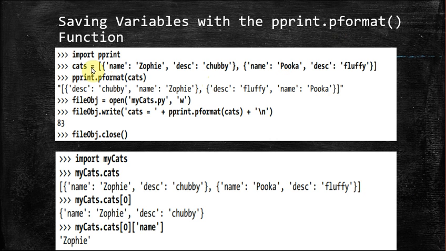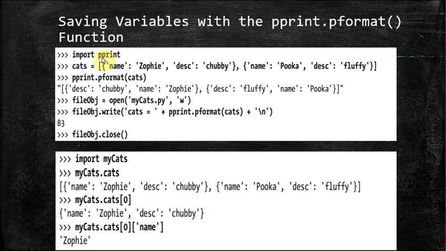Again, just see the example here. It is going to return the string, and using pprint pformat will give us a string that we can write to a file which has the extension .py. So the data that is returned, we can write to a file. The file name we have mentioned here is mycats.py, and along with that, we can also write the mode you want. This file will be our very own module that we can use again in our code as an import.